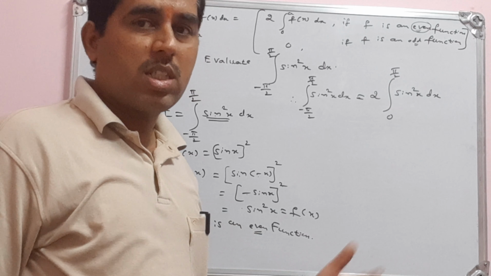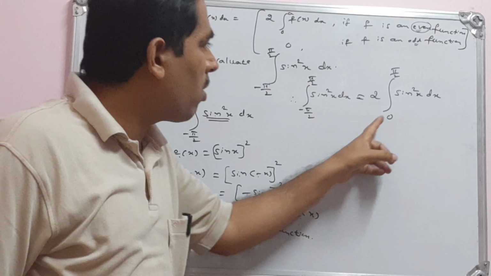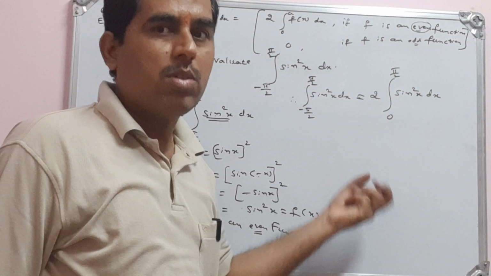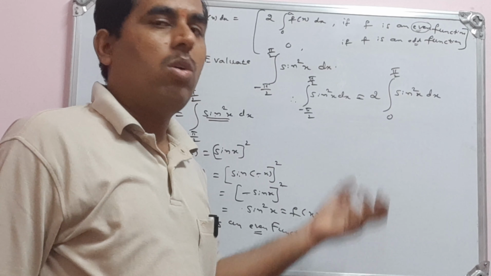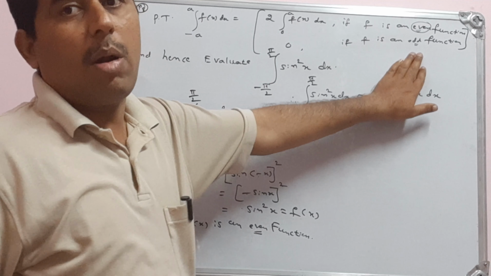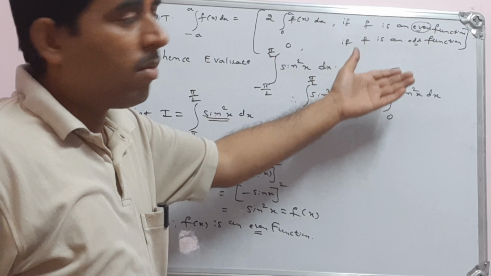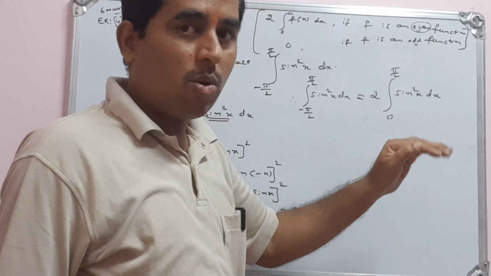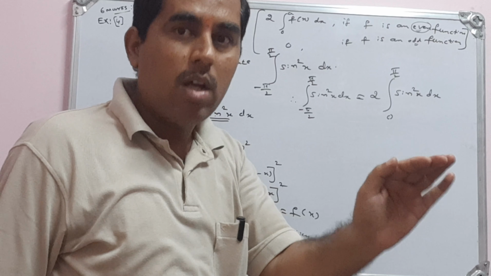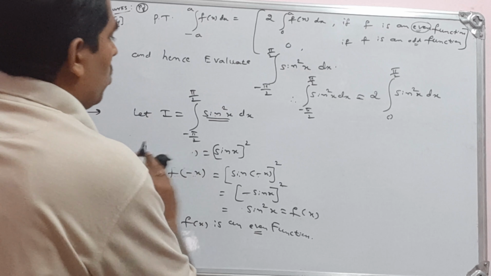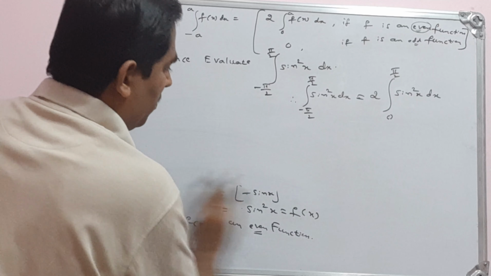In our previous session we have worked out this 0 to pi by 2 of sin square x. We have worked out that problem, and we'll get the same answer. So we have to follow the same steps. We have done this problem by using the property: integration of 0 to a, f of x is equal to integration of 0 to a, f of a minus x. That same problem will repeat here. So we shall do that. Continue this.